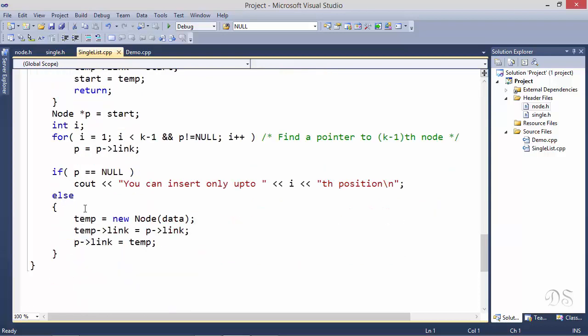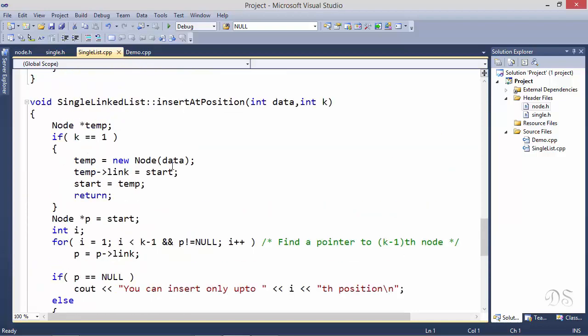Now if p is not null, we allocate a new node and insert it by writing these two statements. Then if the node has to be inserted at the first position, in that case we have to update the value of start. So this case we have handled separately. Now let's go to demo.cpp to see the function calls.